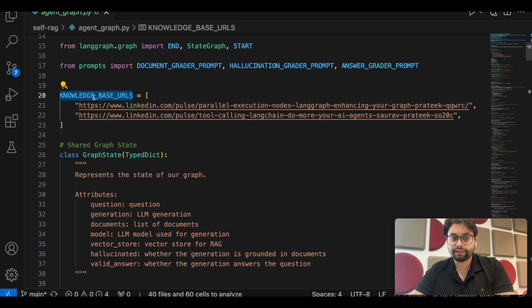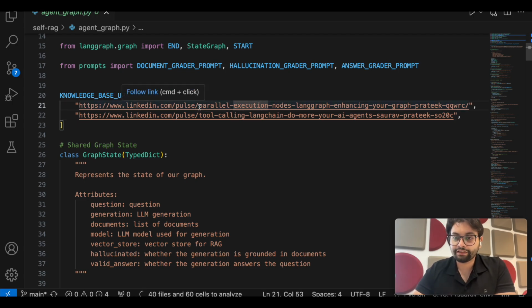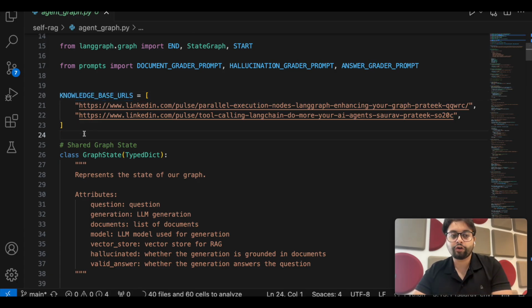and these URLs are the newsletters. Basically, I maintain an engineering newsletter called Systems That Scale, and these URLs are the two editions of my newsletter. The first one is on the parallel execution of nodes in an agentic workflow in LangGraph, and the second is tool calling in LangChain, right? So both of these are related to AI engineering and some optimizations. Once we have this knowledge base and once we build a RAG on top of it, we can ask questions related to that, and we can see how this RAG workflow performs self-reflection, and at the end how it